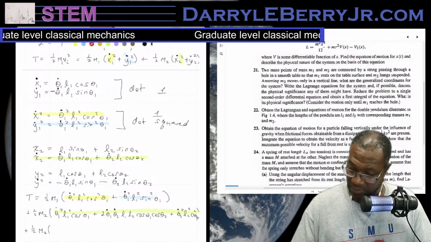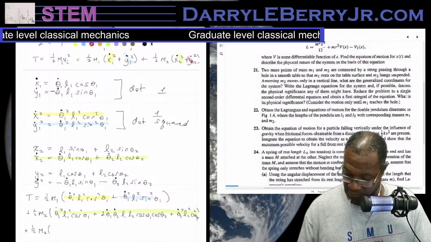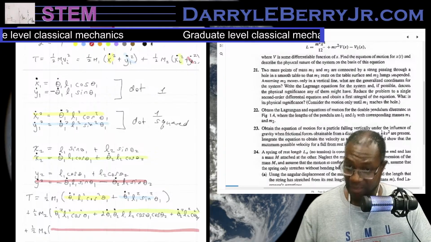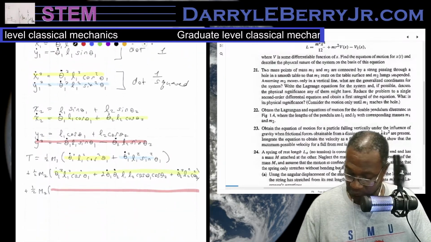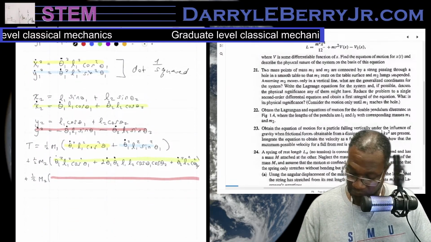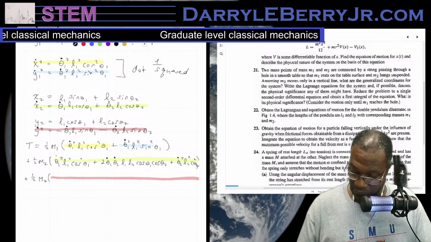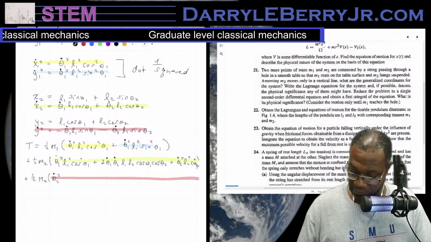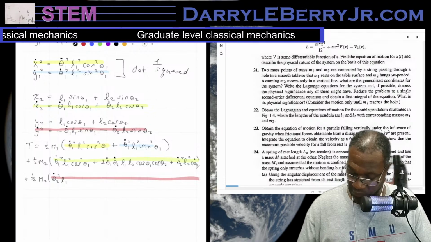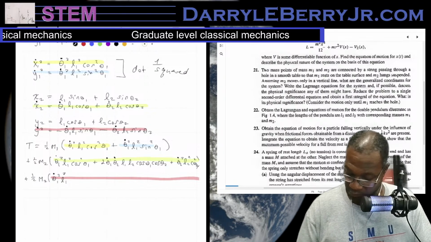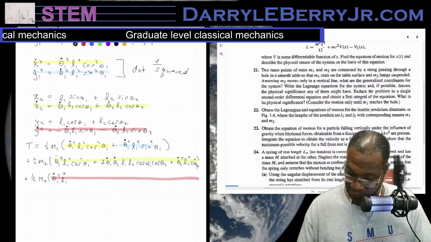And I'll make this one cover this entire line. So we have theta 2 dot squared L1 squared, theta 1 dot squared L1 squared sine squared theta 1